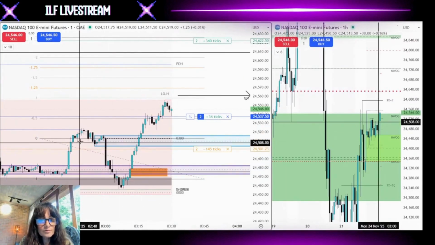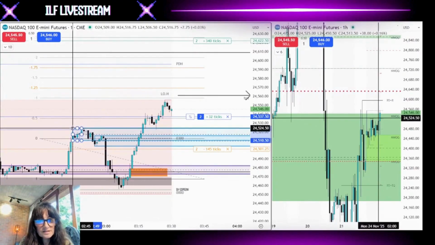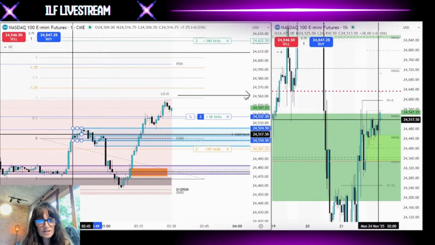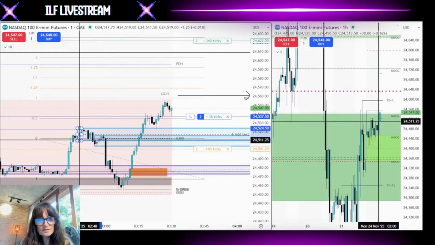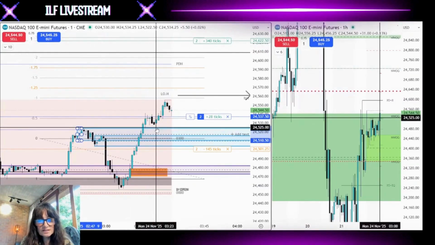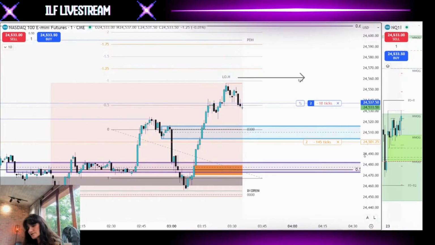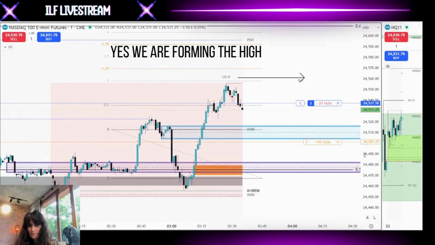I just highlighted the lower breaker, but if you take this area here, right, these breakers here, these three, these are also a breaker, and this is the retest. Or maybe this is the high of the London session. Could be, guys, that this is the high.